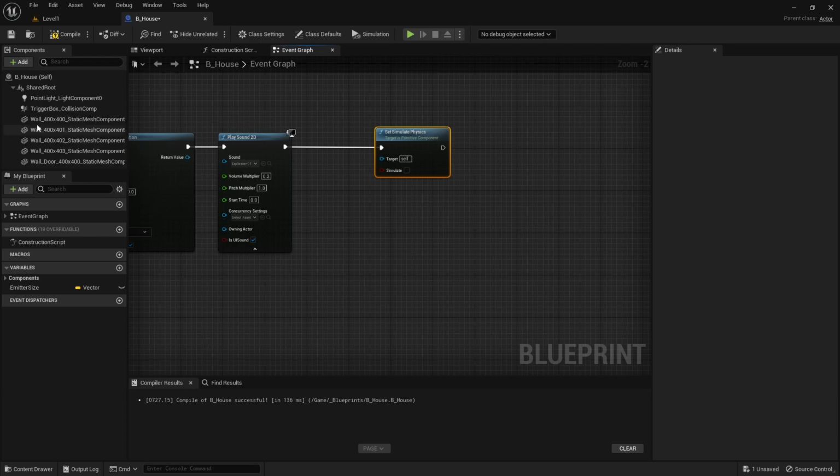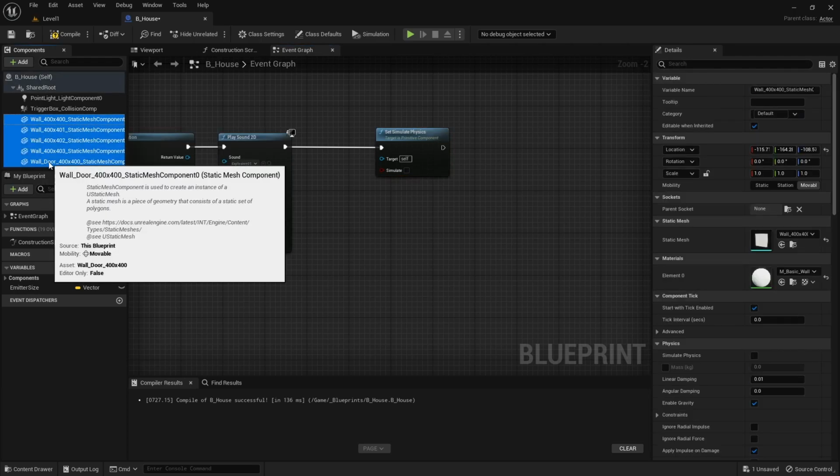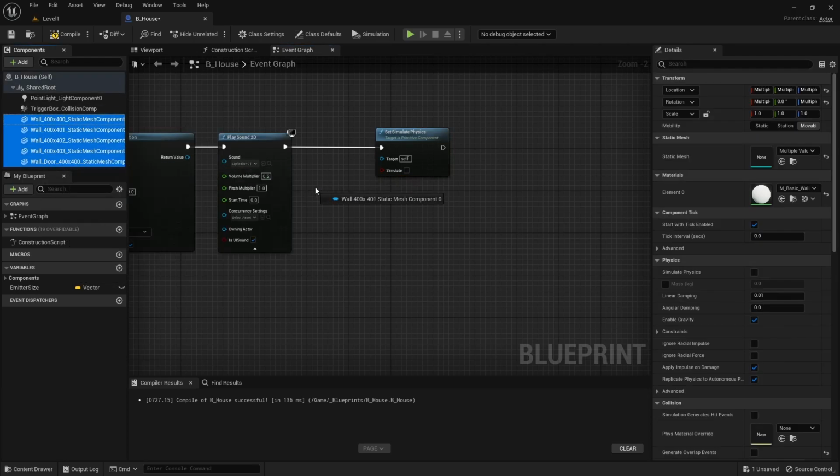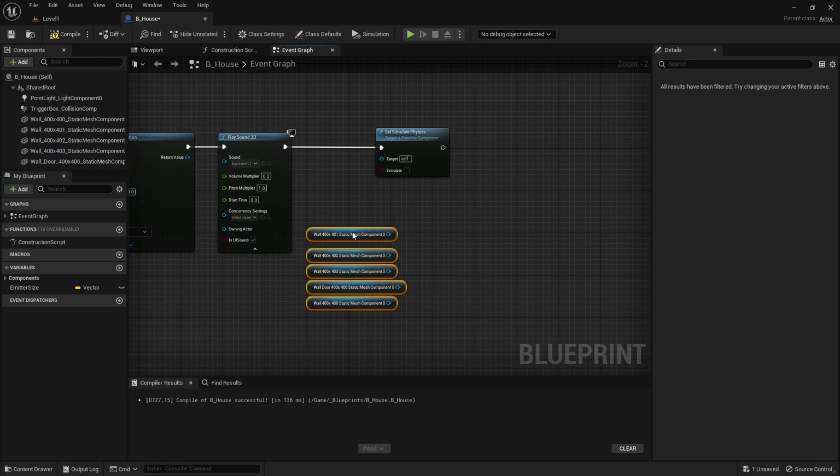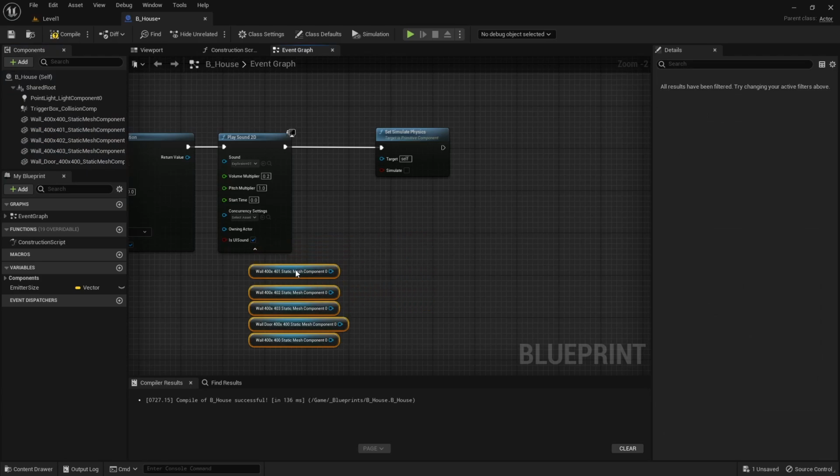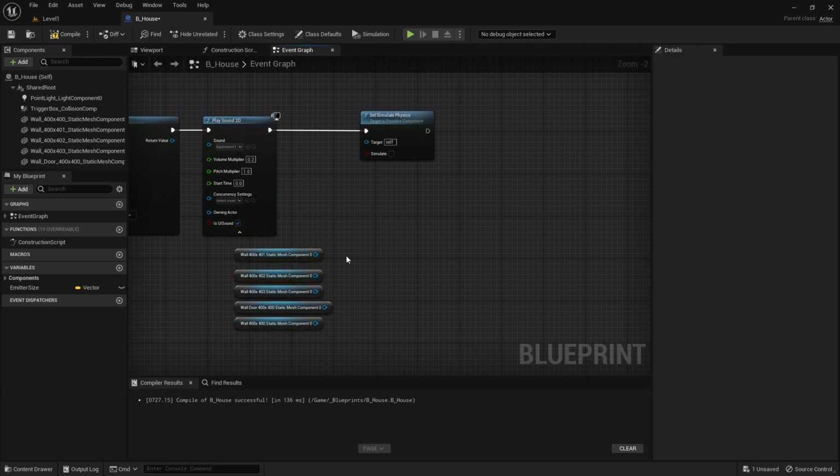And the reason you want to do that is because we actually want to select the entirety of all the walls, drag them in, and then we're going to be hooking them all up. So then we'll hit the targets here, like so. Compile. Now this by itself isn't going to do anything